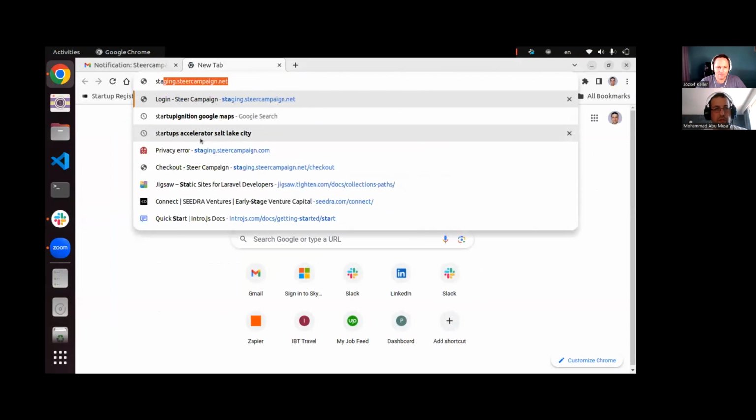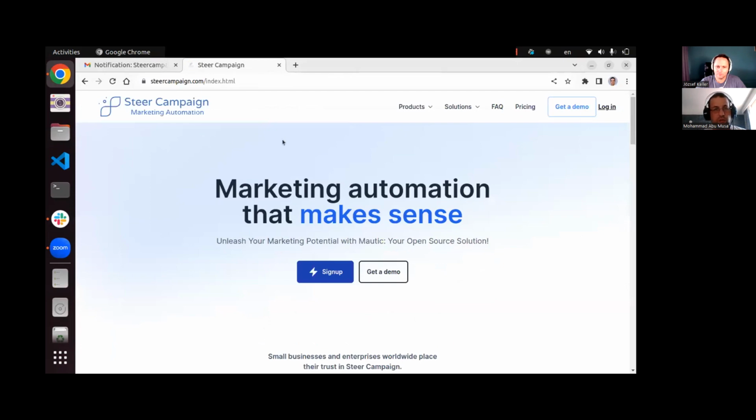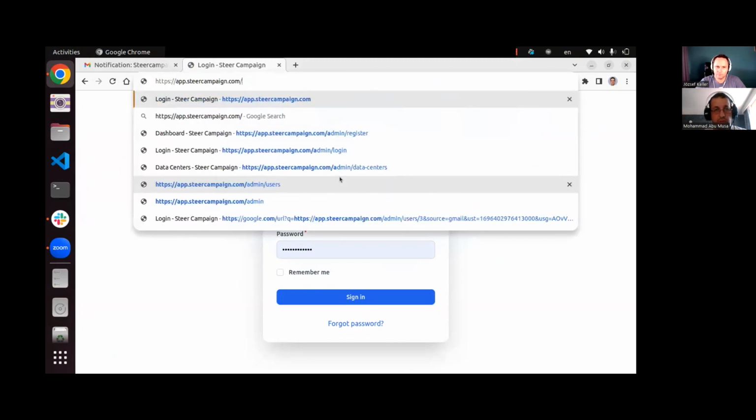I will show you the staging server. The application server is already running. So for anyone who wants to try it out, they just go to steercampaign.com. They can log in. They have the options to create a free account and try it for themselves without actually paying, or they will be escorted to the payment page,